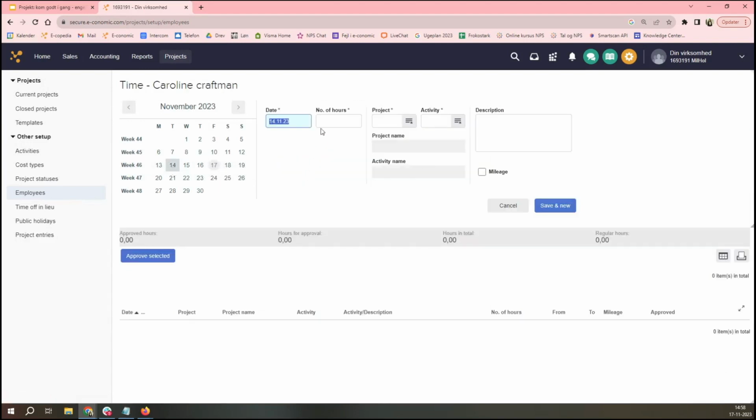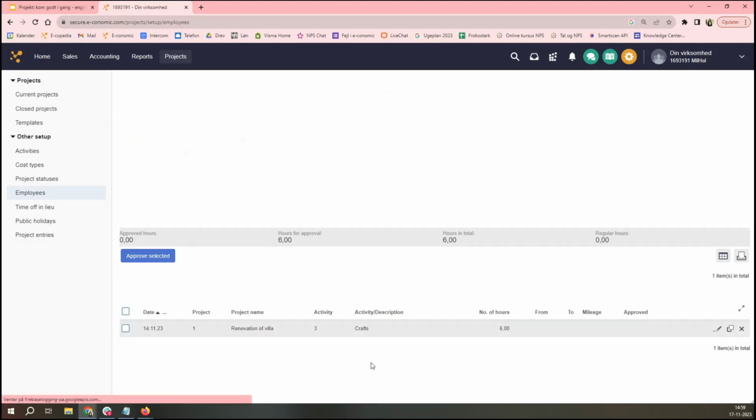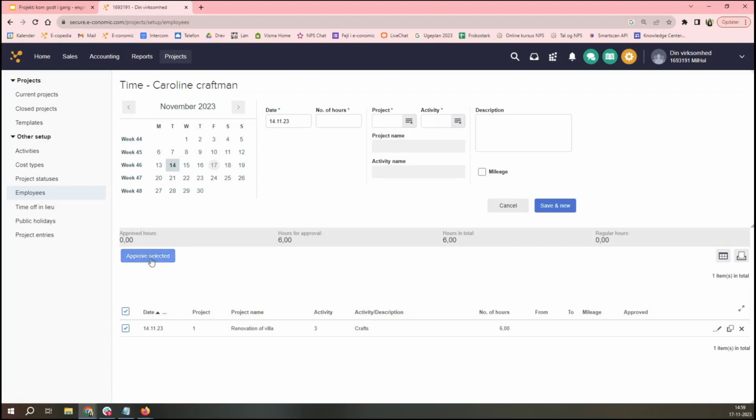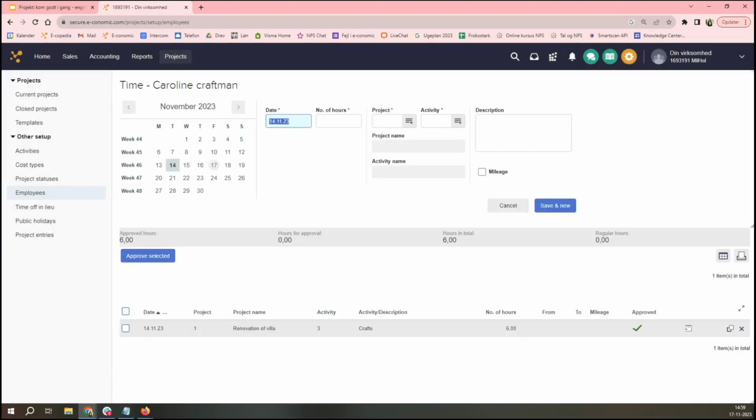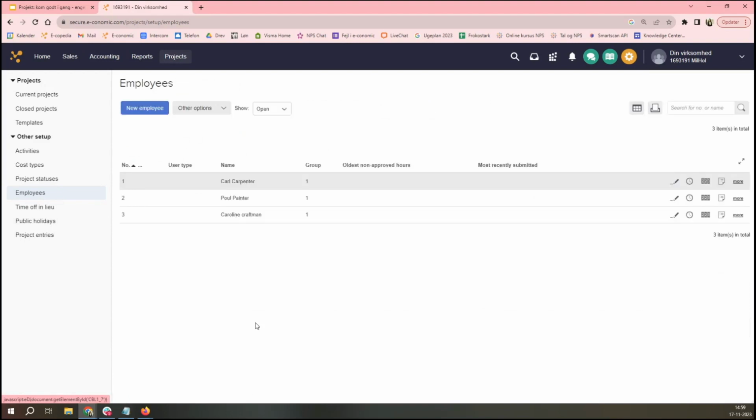I'll press new time entry. She worked for 6 hours, also on project number 1. Because she's a craftsman, she performed some crafts. So I'll choose activity number 3 and press save and new. And remember to approve it. There we go. Now I have made some time registrations, and if I want to see how it looks, we